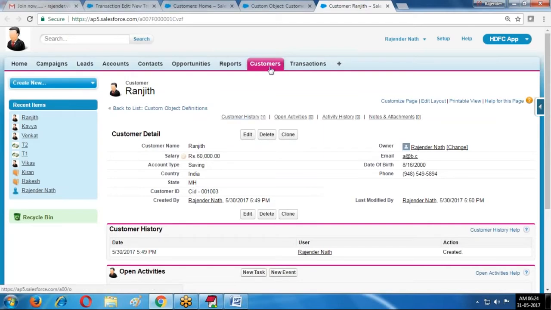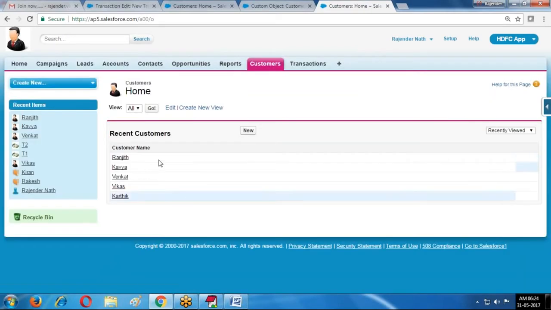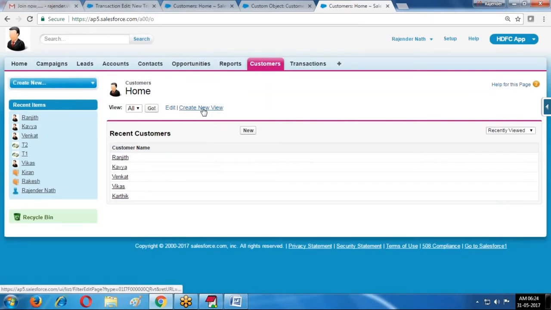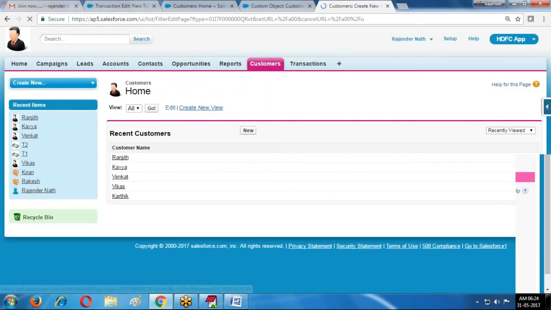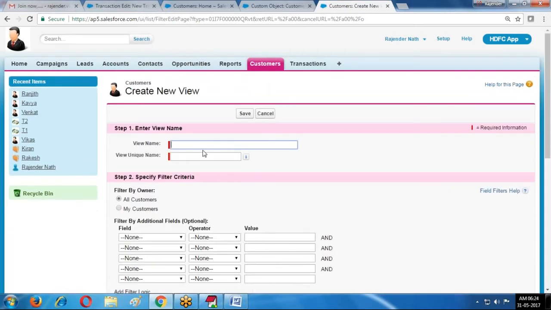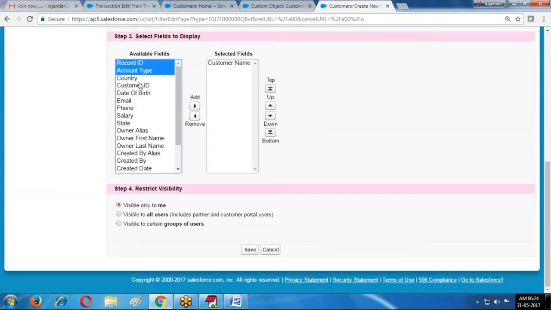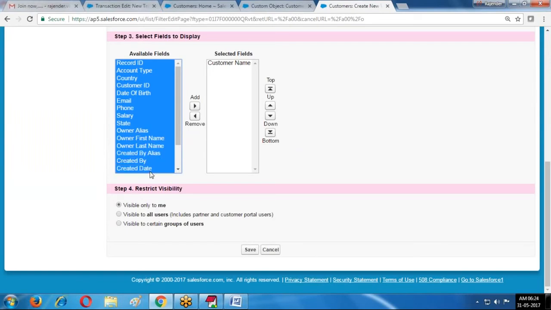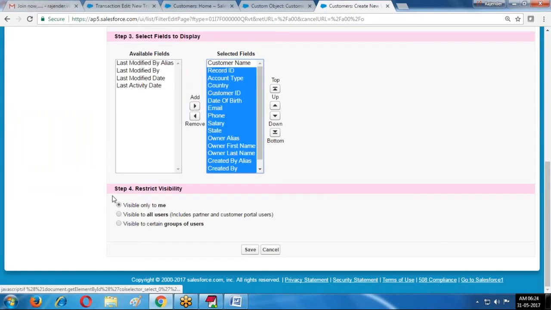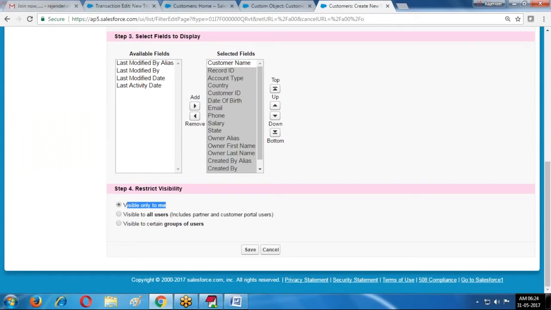If you want to see these IDs for all the records, create a view here. I am creating one view, in table format. Customer view I am creating. In the customer view, these are the fields available. Is it visible only to me, to all users, or to a particular group of users?